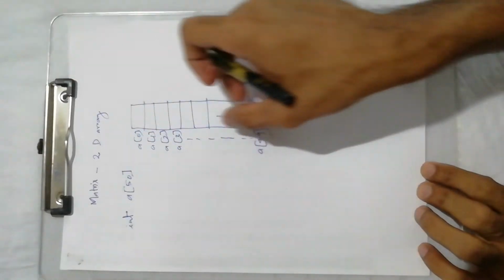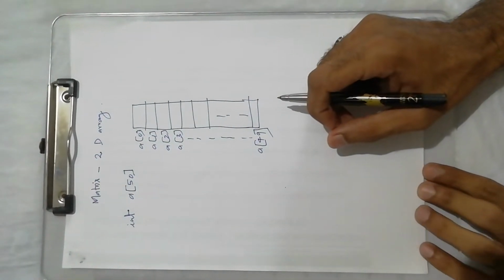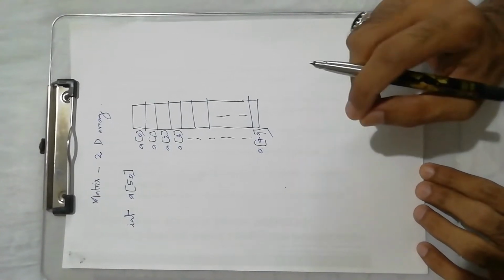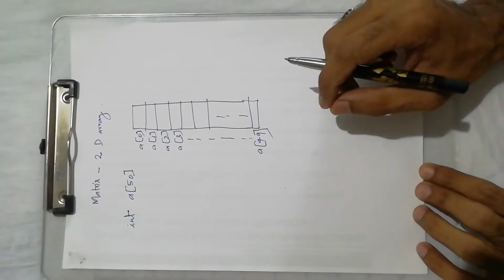In the case of a two-dimensional array, each memory location is represented with the help of